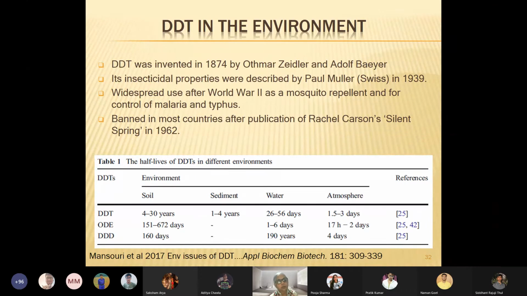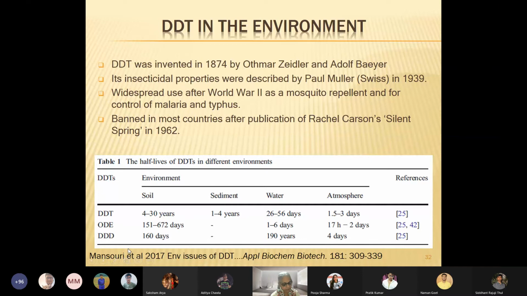But when the long-term consequences on birds and so many other organisms became apparent, including human beings, then most countries started banning it. It basically happened after the publication of Silent Spring. Take a look at the half-life of DDT and its